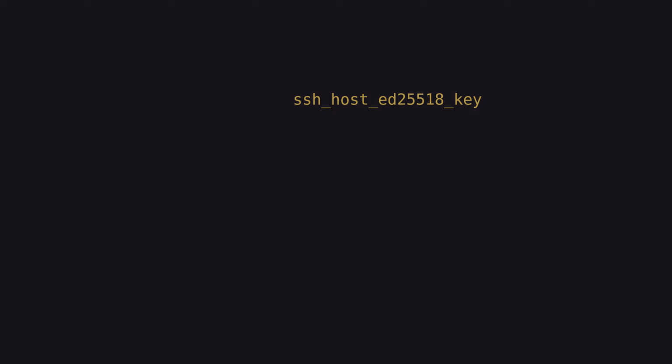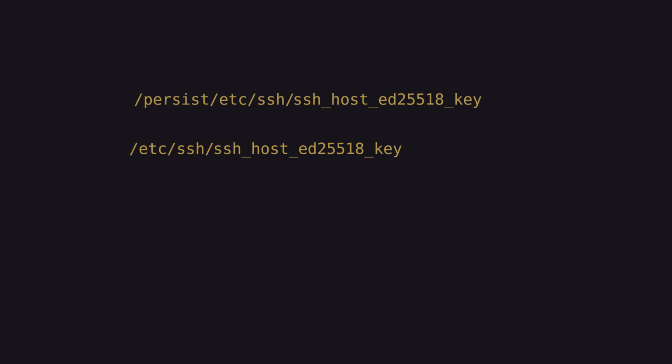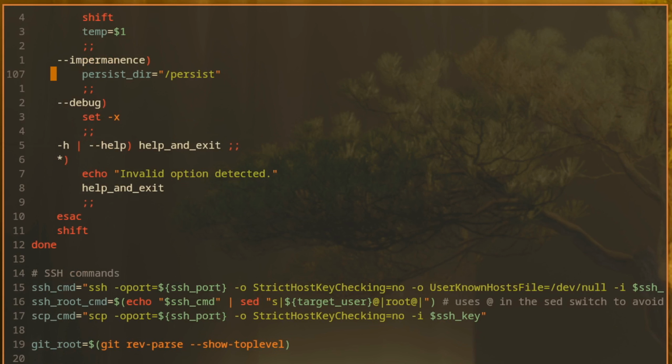So long-term persistent data like an SSH key needs to be stored in a location such as /persist/etc/ssh, so it can be copied to the fresh /etc/ssh during boot. In this example, /persist is the persistent directory, and the etc/ssh portion mimics the location of where the data will be copied to. Therefore, by setting the persist dir to a value of /persist, we can ensure that the script